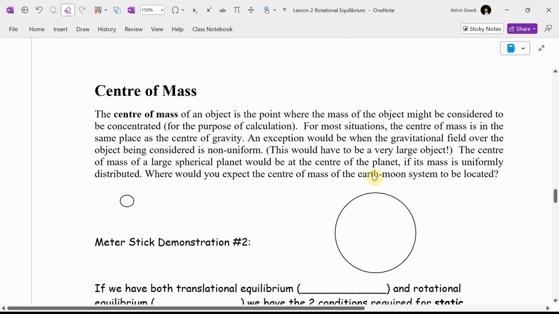Then there's something called the center of mass. The center of mass of an object is the point where the mass of the object might be considered to be concentrated for the purposes of doing the math. In most situations, the center of mass is in the same place as the center of gravity. An exception would be when the gravitational field is not uniform, near a black hole,